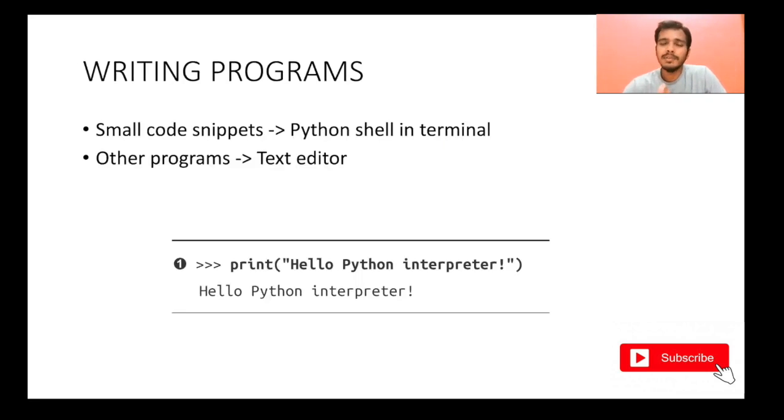Now, we will be following two approaches for writing programs. If we have very small code snippets, like the example you see here, print hello world, which is a very small line, then we will write these lines in the Python shell in the terminal. I will tell you how to install this. But if you have bigger programs, which have 5 lines, 10 lines, 15 lines, then we will go to a text editor, write the program there and then run it. For very, very small programs, 2 lines, 3 lines, we will just use the shell. But for bigger programs, maybe 5 lines, 10 lines, we will go to the text editor, write it there and run it.